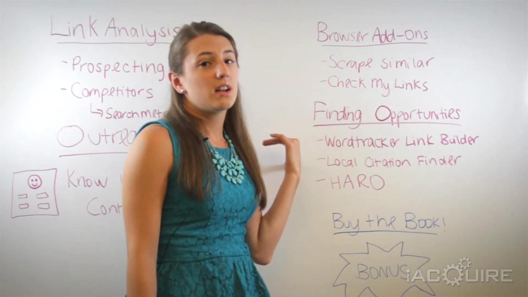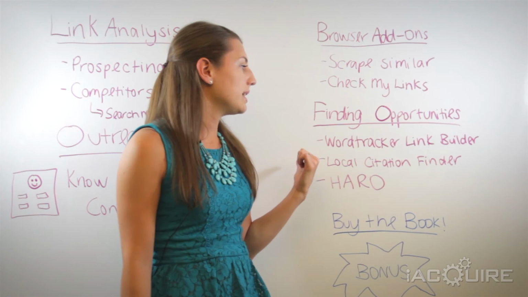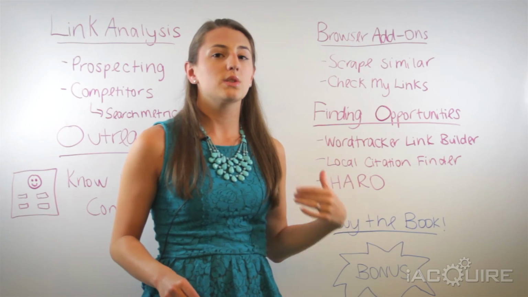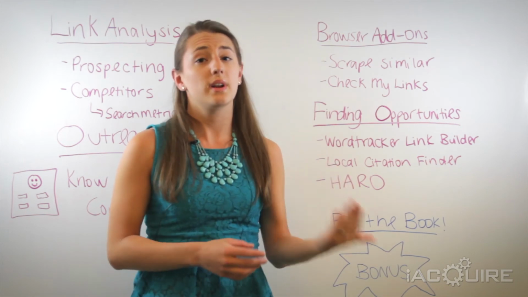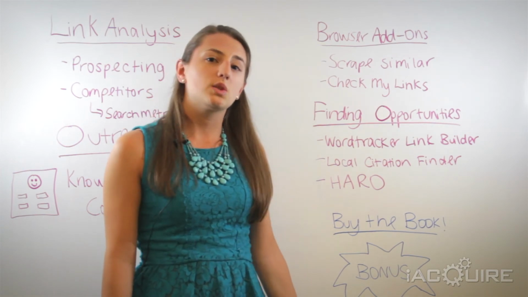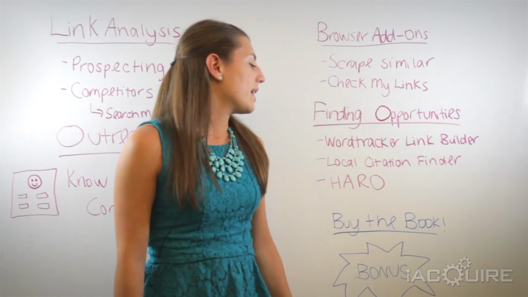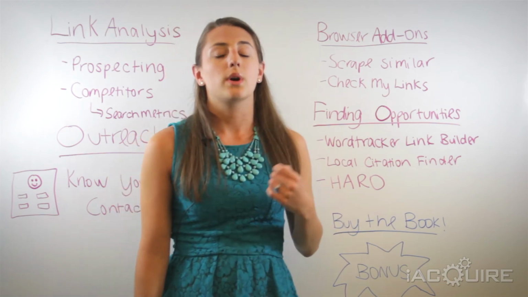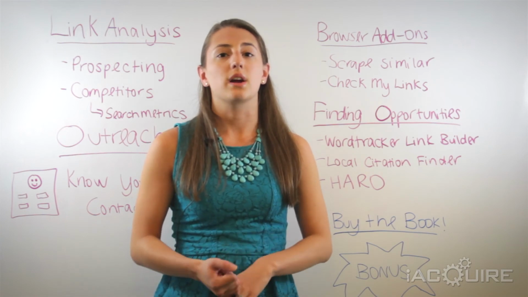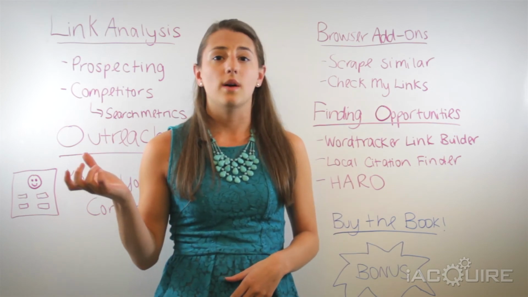The biggest section in the whole chapter is about finding link opportunities. 3 of the best tools he talks about are here. Wordtracker Link Builder is a tool that looks for what people are linking to your competitors but not you, so that you can then reach out to those people. Local Citation Finder by Whitespark is a tool that tells you where you can advertise your business locally. And then Help a Reporter Out is a great tool where you can subscribe by email and you'll get all these queries by reporters and writers who have topics and need a source. So if you find a topic that matches something that you have a story about,